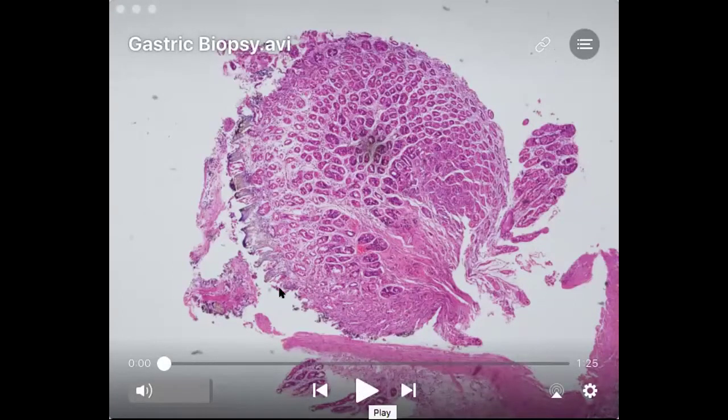Today we will discuss a case of iron pill induced gastritis. Now as you could see here, this is a bit from a gastric biopsy. So this is the entire bit that is being seen here. And if you look at the high part, we could make out that there is denudation of the mucosal epithelium.